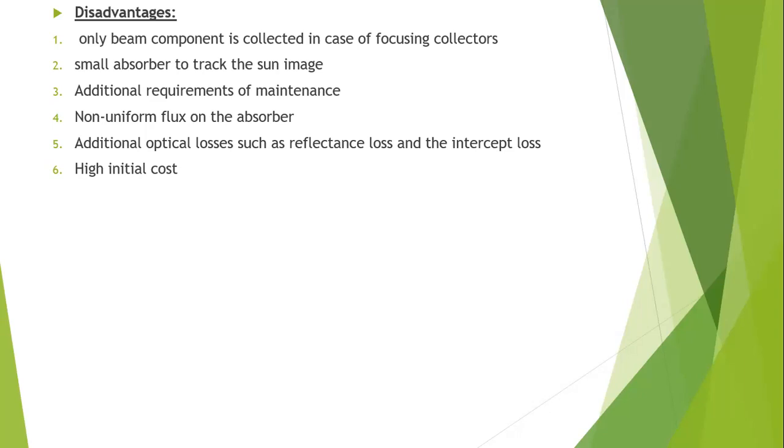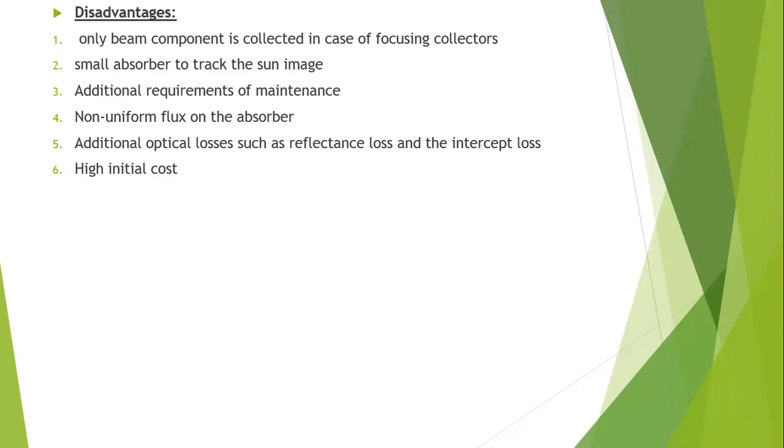So this will be a little bit expensive, in other words, a costly orientation system. This is assumed as a costly oriented system. And the third one is the additional requirement of maintenance, particularly to retain the quality of the reflecting surface against dirt, weather and oxidation, etc. We have to take a little maintenance here. Okay, so it is not termed as little maintenance, it can be a huge maintenance. So this is the third disadvantage.